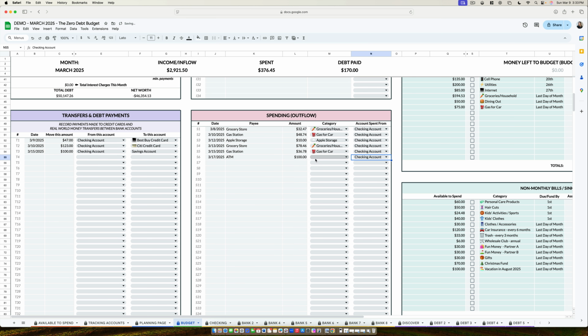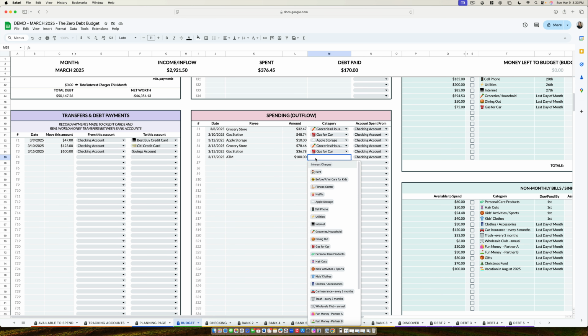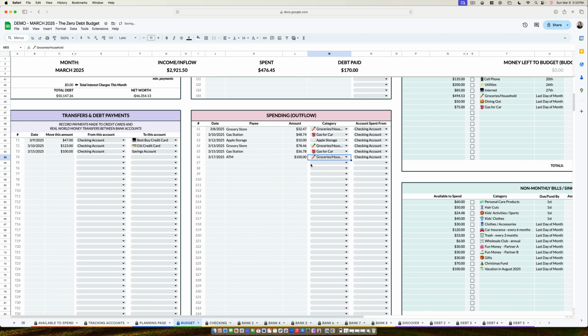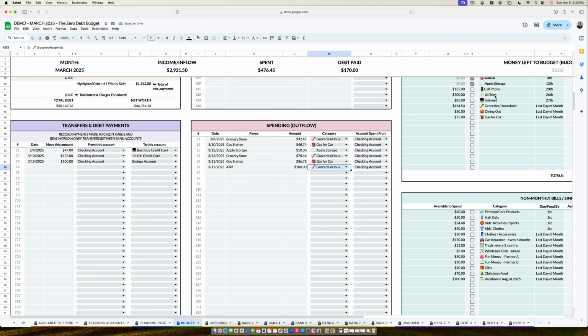Well, now here's the catch. It has to come from somewhere, and that's one of my favorite lines. It's got to come from somewhere. What category are you taking this from? There are a couple ways to think about this. You're going to take it from the category that it's for. So if it's for groceries and household, you're going to take it from there, which is going to drop your balance of that by 100, because you're then going to take that cash and go spend it on groceries and